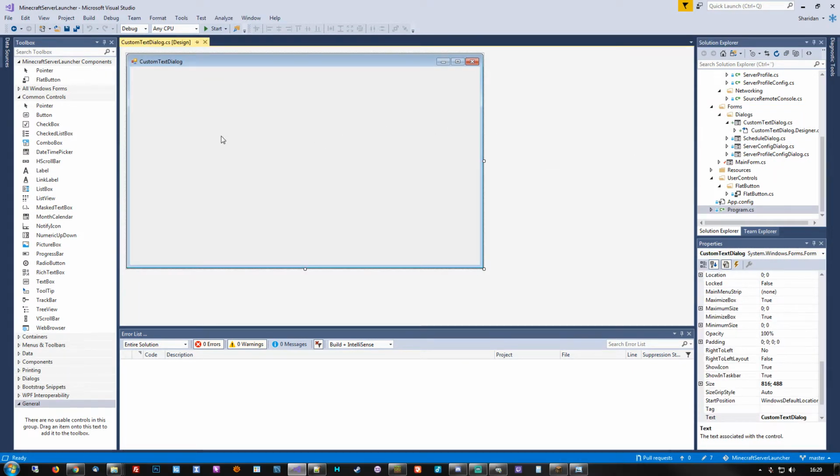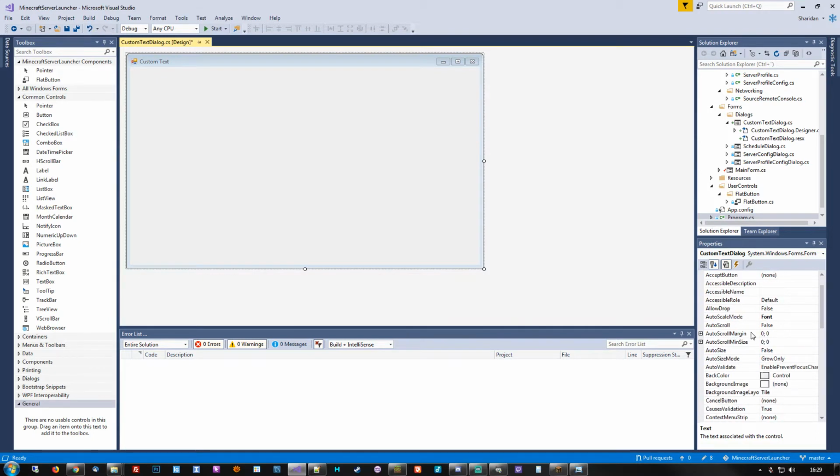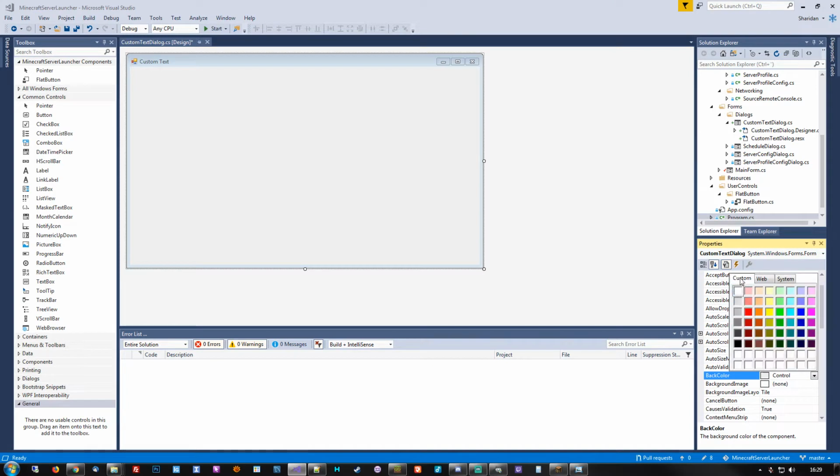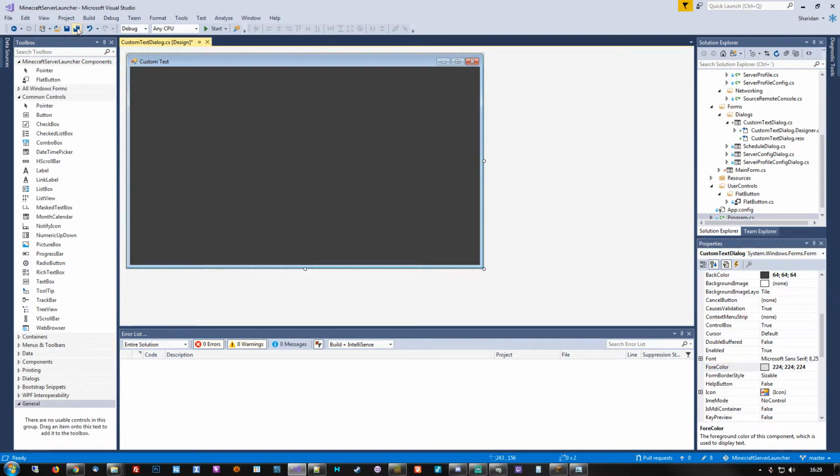There we go, and just for the sake of keeping things somewhat unified, custom text. We'll put the initial colors the same as the rest of them, which would be right here and this one. And the text we did as that one. There we go. All right. So,